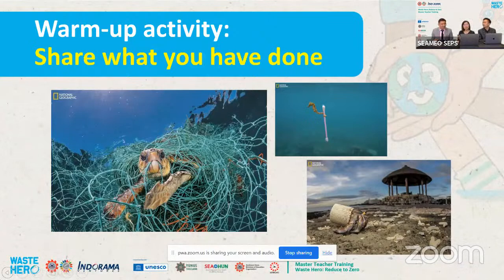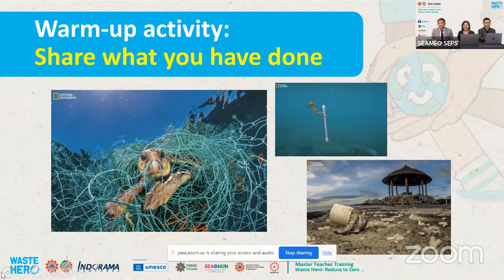So I would like to ask you a question. What are the causes of these problems that animals and humans sometimes suffer from? You can see waste leaking into the environment, right? It is not in natural resources like this, right? Can you please type in the chat box what the causes of these problems are? Both chat boxes, you can type in the Zoom chat box and also the YouTube chat box.